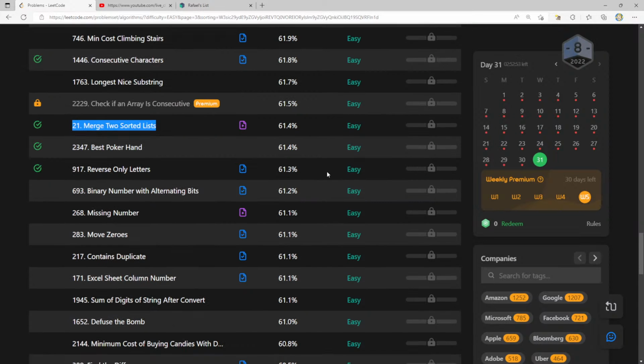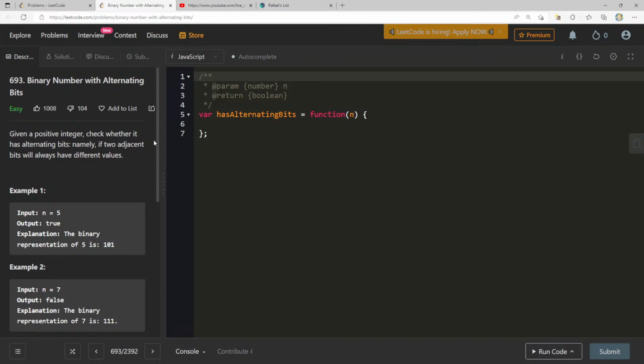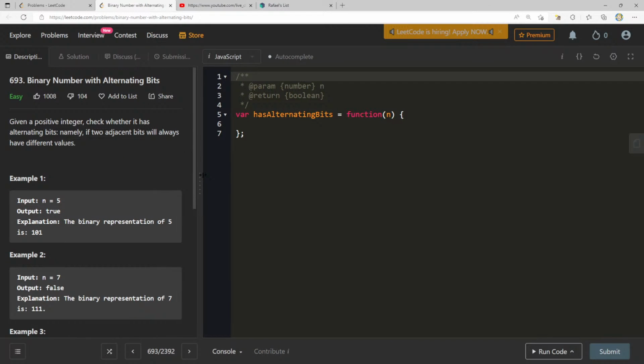Without further ado, let's start off with our next question today, the first one being binary number with alternating bits. Given a positive integer, check whether it has alternating bits, namely if two adjacent bits will always have different values. Okay, so one thing I think of is